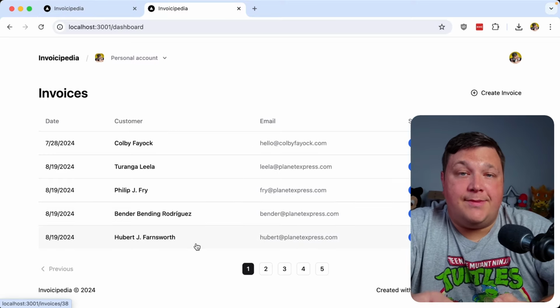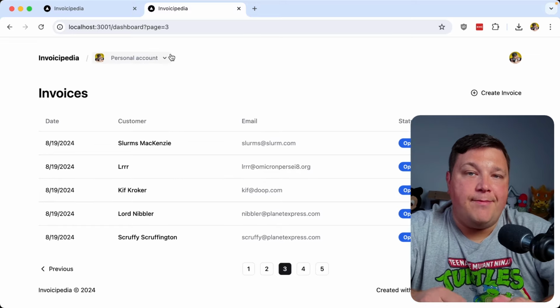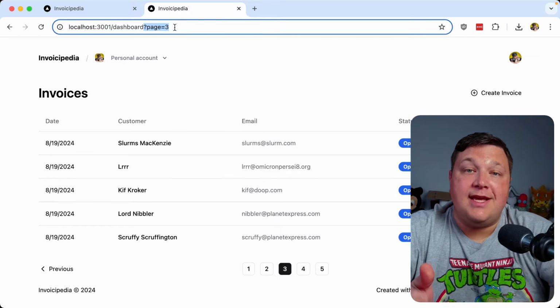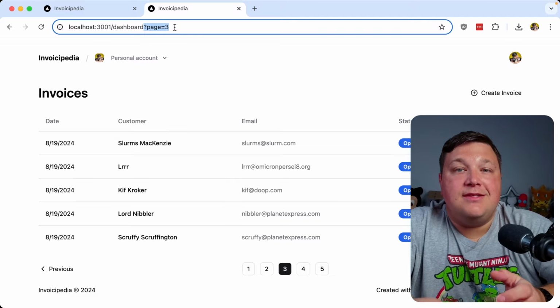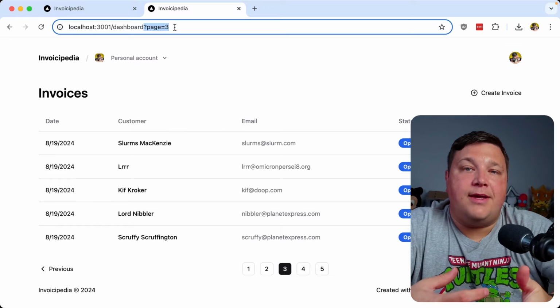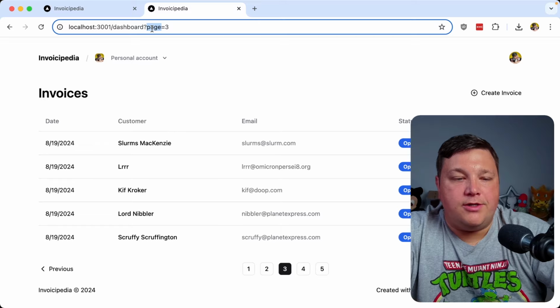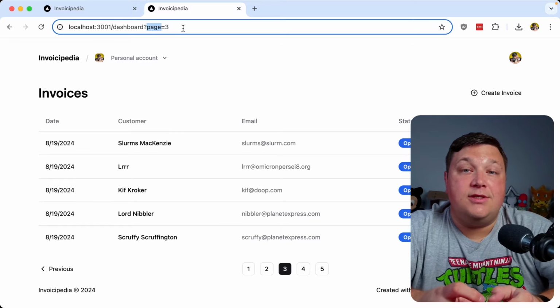But now I want to set it up so that page number is going to be dynamic. Now, in the complete example that I showed you earlier, I was able to navigate to different pages, where what's actually happening inside that pagination UI is I'm going to a different page inside of the URL. So it's going to be the URL-based state, which is going to just make things a little bit easier, and that's going to be able to come from the server and manage all that. So it's just going to be a better way to handle that experience. So I'm going to try to replicate that, where ultimately what I want to do is be able to read this page number, and then I'm going to take that in, which is going to help me